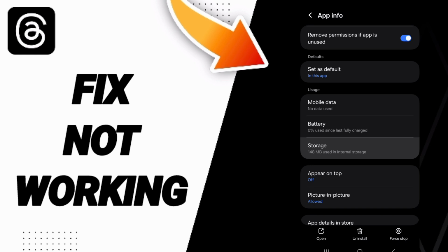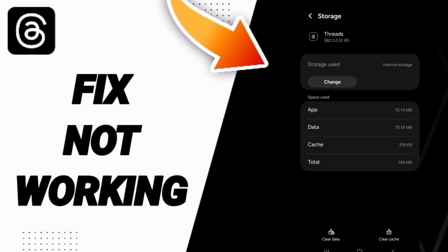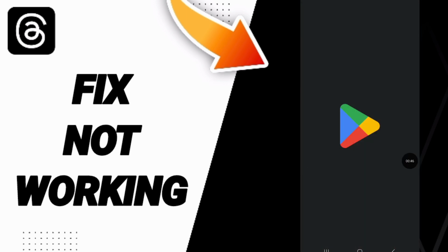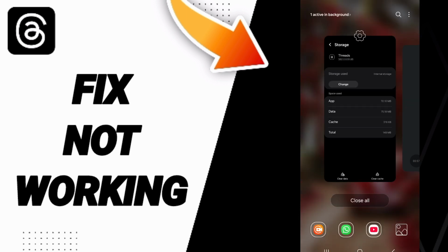Here you will enter the storage. Then we click on clear cache. After that we click on Play Store. You will go to this application and search for the Threads application to update it. So please don't forget to